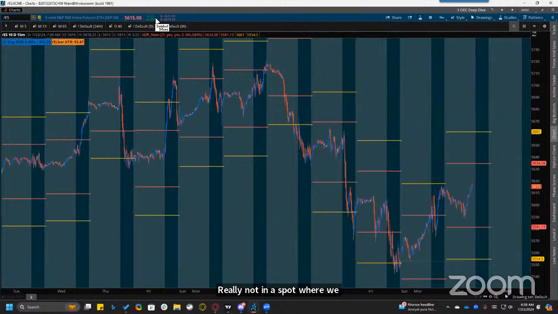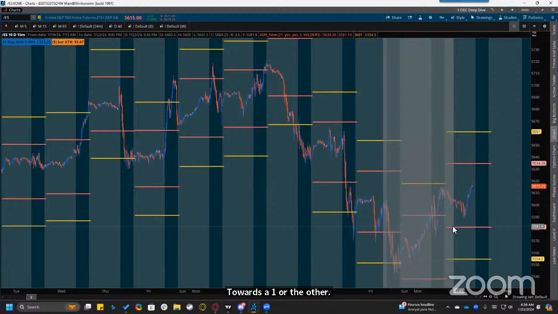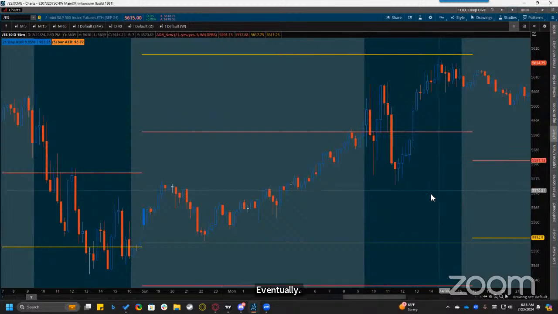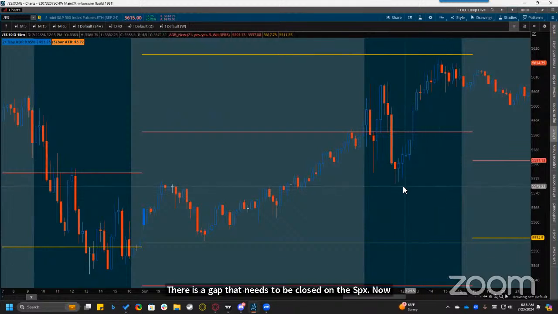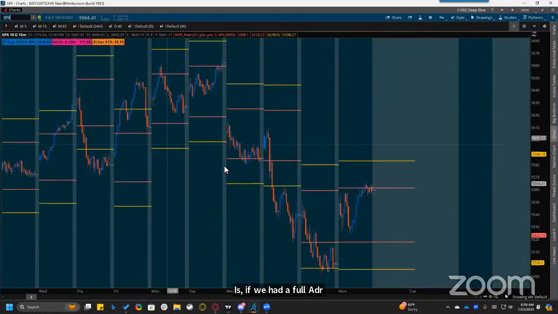We're basically flat this morning. So looking at the average daily range, the red and yellow lines here, there's no edge towards one or the other. We almost made it to the yellow line yesterday, eventually. There is a gap that needs to be closed on the SPX now. I was looking at that gap on the SPX yesterday, and the only way that we could get that gap closed is if we had a full ADR to the downside, and that was just